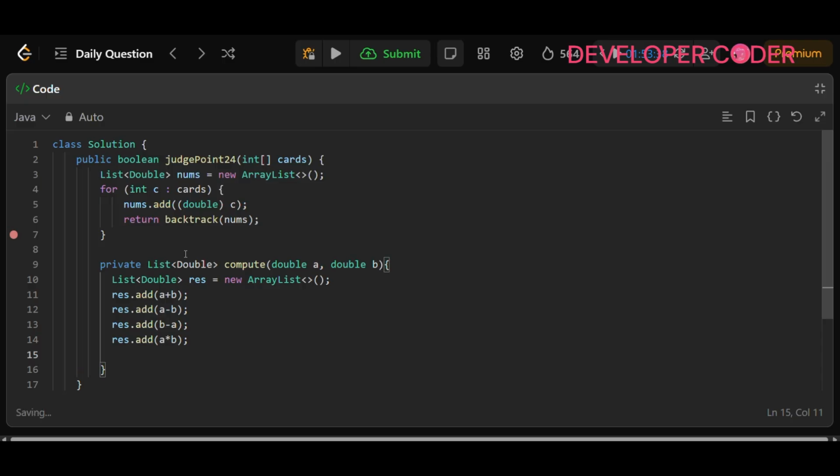Okay, then after that, a divided by b and b divided by a, I have to get the output of these two as well. But I have to make sure that if I'm doing a divided by b, then b should not be equal to 0, right? But there may be some slight deviation in the value of b. It may be 0.00000576, something like that. It may not be exactly equal to 0. So I will allow a little bit of deviation because I'm going to do